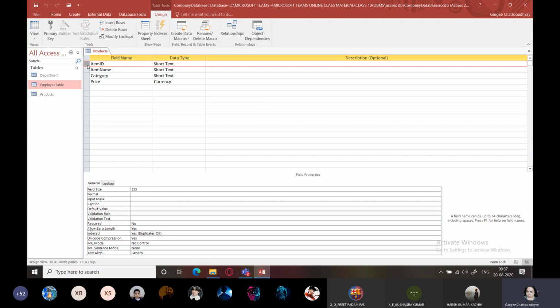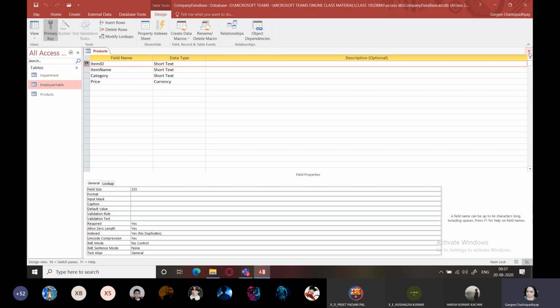See, it is not always necessary as far as software like MS Access is concerned, right? So you can even skip it if you are not specifying any primary key over here, but there you have to be careful, because now the field will accept null values also, that is empty values, and duplicate values also. If you set this as a primary key, then this table will not allow duplicate values. So it is always a good idea to set it as a primary key.